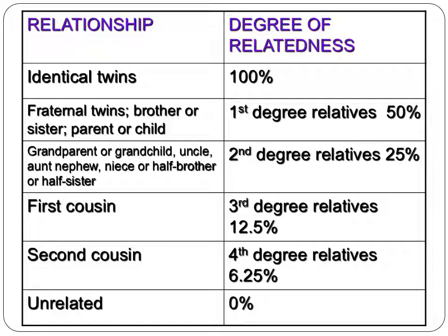Here you have roughly the breakdown. Now this explains why identical twins are so fascinating to study. If they're identical twins, they have the same DNA, and so their degree of relatedness is 100%, which means when we look at things like intelligence and personality traits, it is a really good group of people to study, because if they replicate themselves in both people, we can make a very strong statement about their relationship.